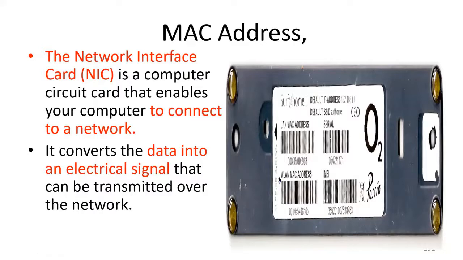Here, the network interface card is a computer circuit card that enables your computer to connect to the network. This particular NIC is a computer circuit card, as the diagram on the right side indicates. The NIC converts data into an electrical signal. Any kind of data you are sending is converted into an electrical signal that can be transmitted over the network, using this NIC card. And if you see this diagram, very important one,